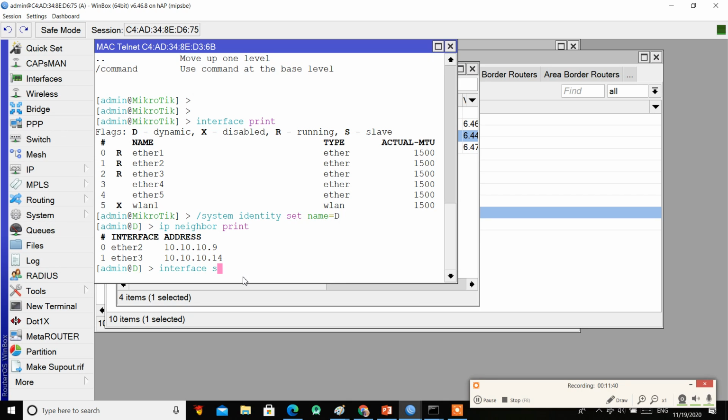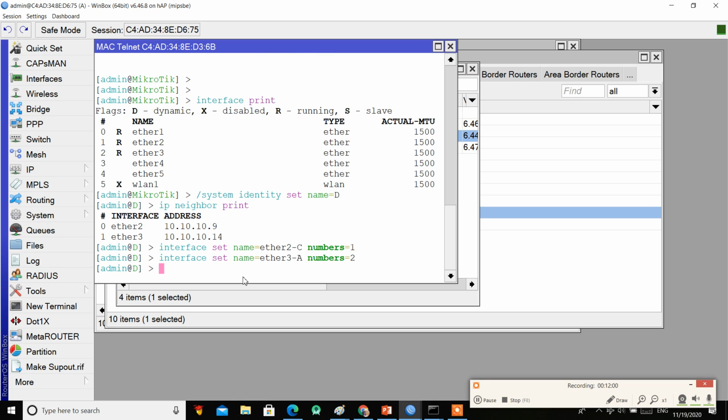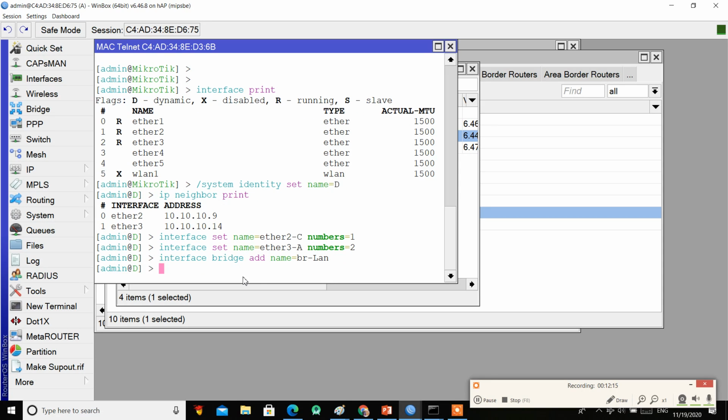Okay, interface set name ether 2 dash C number 1 and ether 3 dash A number 2. Okay, then interface bridge add name br-lan. Interface bridge port add interface